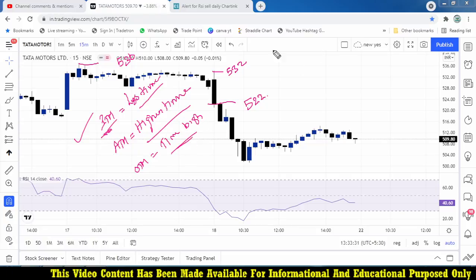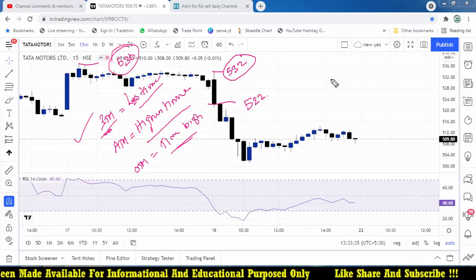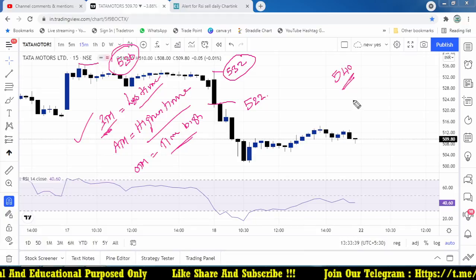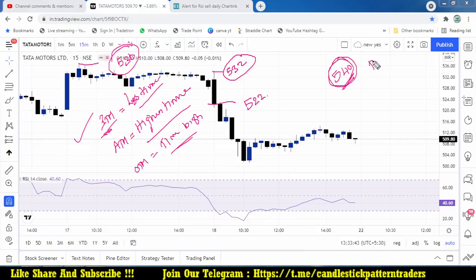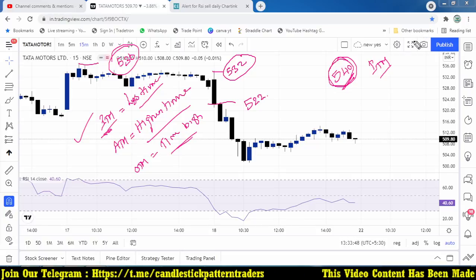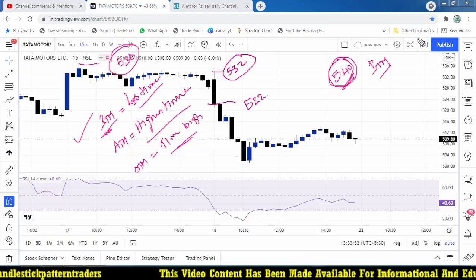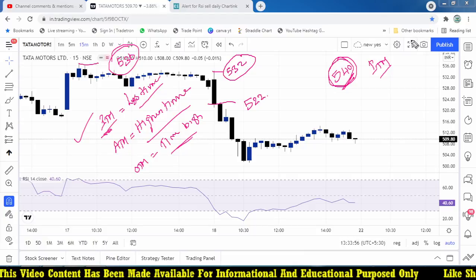So the first concept I have taken: today's high is 532 and the previous day's high is 536. So the untouched strike price is 540. The price has not touched that level. So maybe that is the right strike price, and it is also an ITM option, in the money. But what is the drawback of in the money? If you are buying an in the money option, you need to pay more premium. Compared to ATM and OTM, ITM options have more premium.